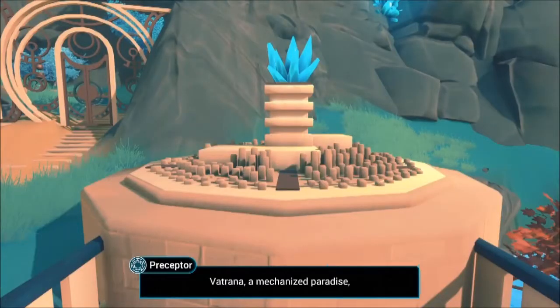Patrana, a mechanized paradise, where the citizens were served by new machines beyond anyone's